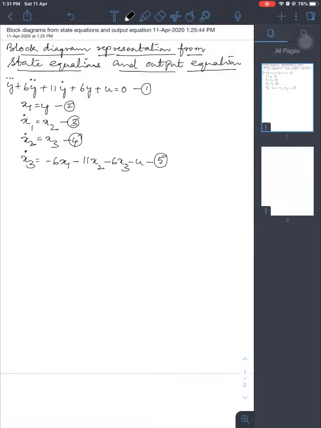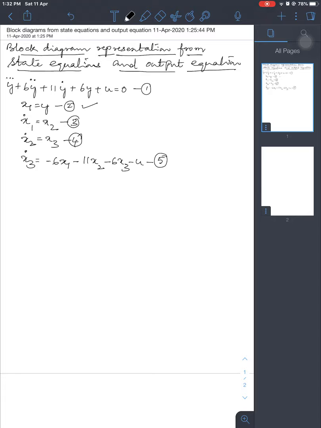Hello friends, let us try to obtain a block diagram for the system which we have considered in the previous example. For easy understanding, I have reproduced the differential equation of the system along with the state equations. If you remember, we have defined the first state variable x1 as the output itself, that is